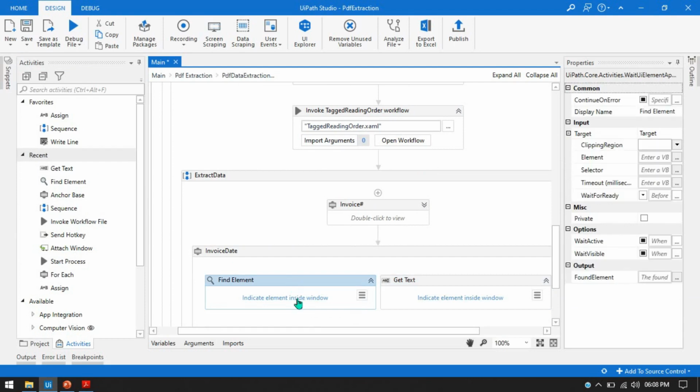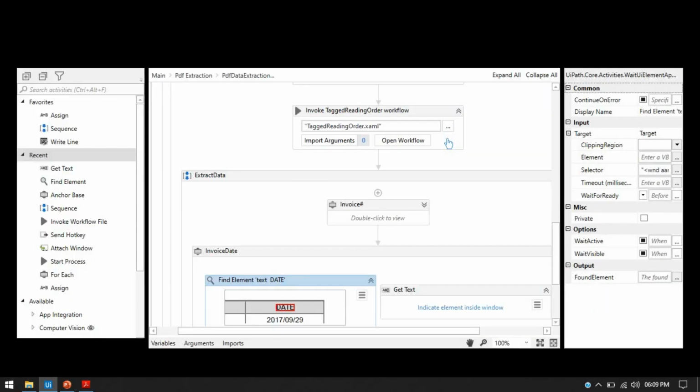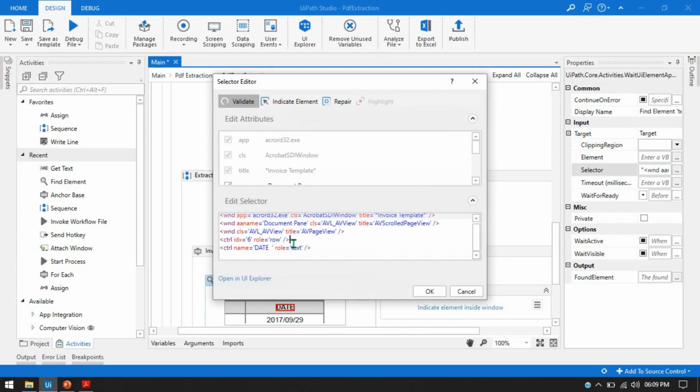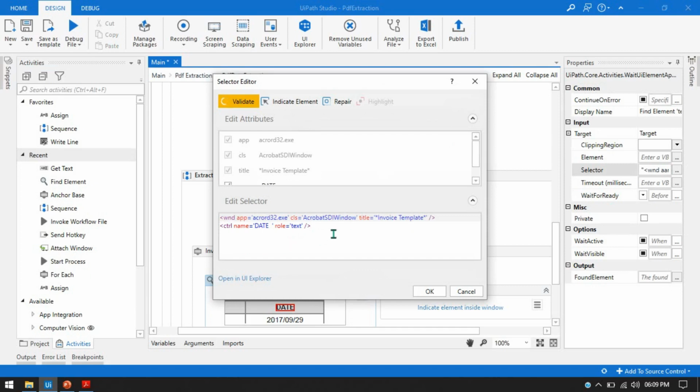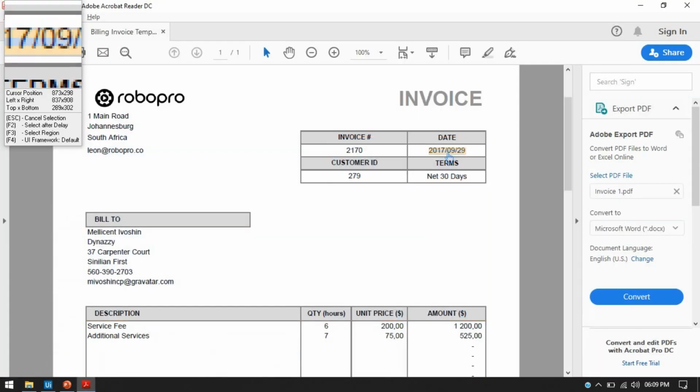So find element, we'll click on this and click on the date, and again we can click on this selector and just remove these 3 lines. This is not required because sometimes it can throw an error because of these 3 lines. And you can see here in the title we have a star and invoice template and a star, and we have the control name date and role equal to text. Now press OK, save this, and now we can click on the get text and we can click on this date